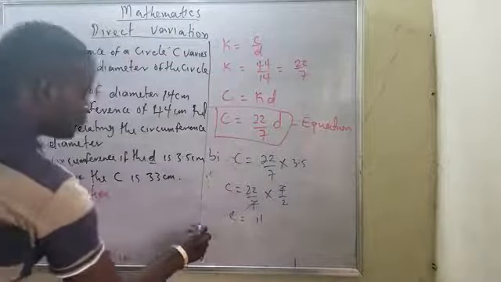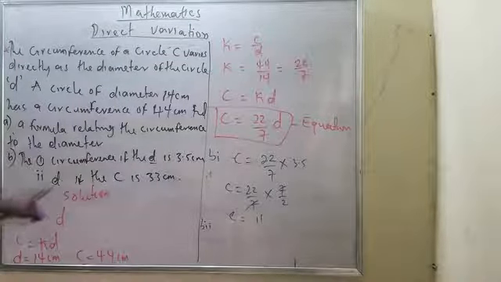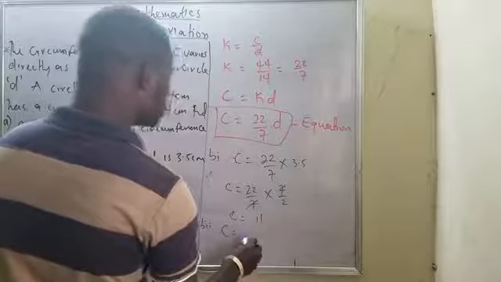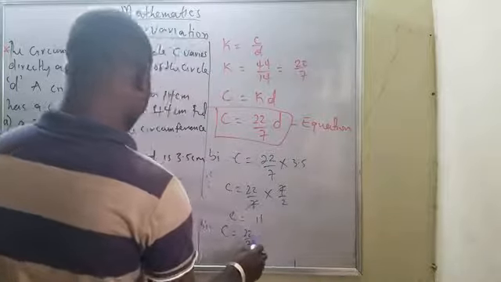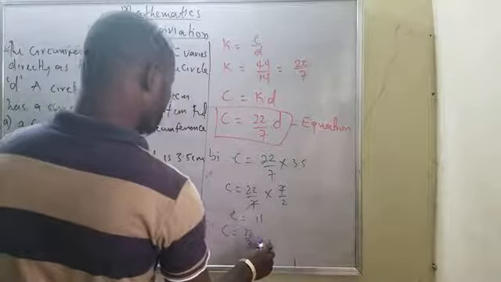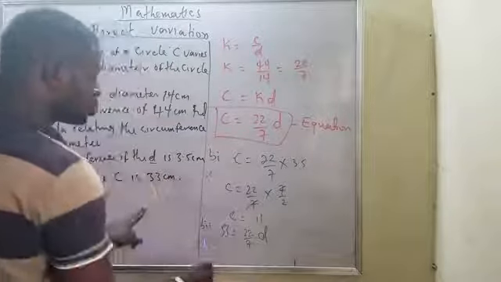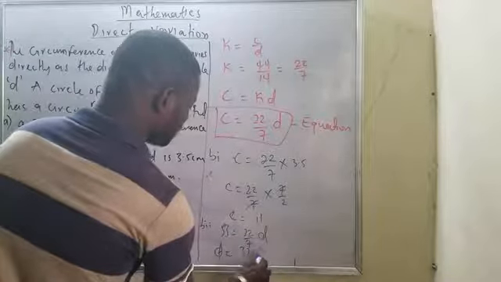Now, which is B2? B(ii). In B(ii), you are looking for the diameter, while the circumference is given. It means C equals to 22 all over 7 times D. What is my diameter? My diameter is not given. My C is 33. Now, by so doing that, my D can be equals to 33 multiplied by 7